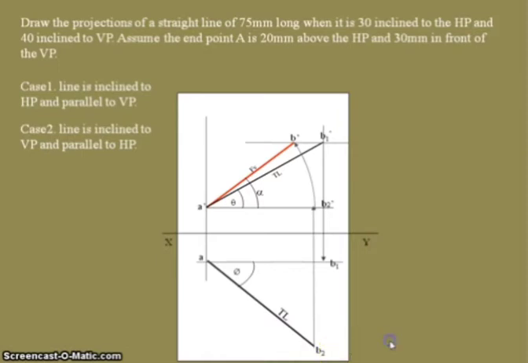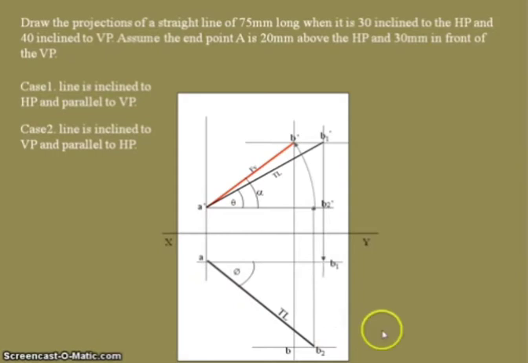First we need to draw a locus line from B2 dash for locating the final top view point, that is B2. Here we can make use of the B1 distance for drawing a curve, otherwise we can draw a vertical line directly from B dash. So here I am drawing a vertical line from B dash. We got an intersecting point here. This intersecting point will be the final top view point, that is B.